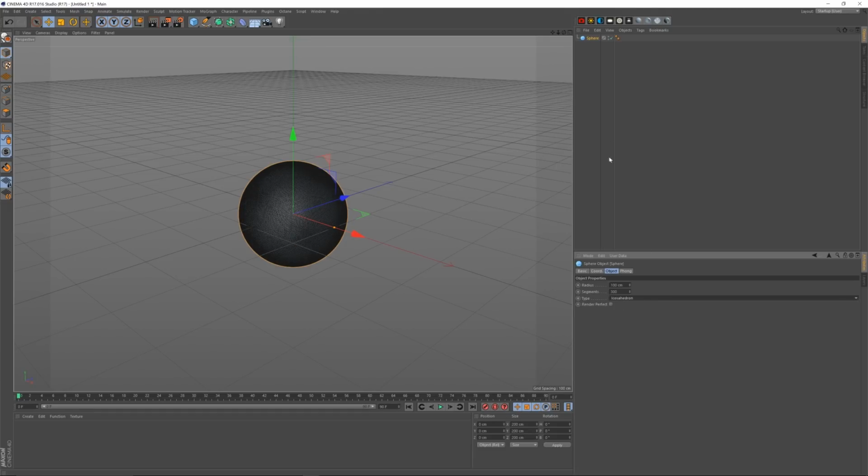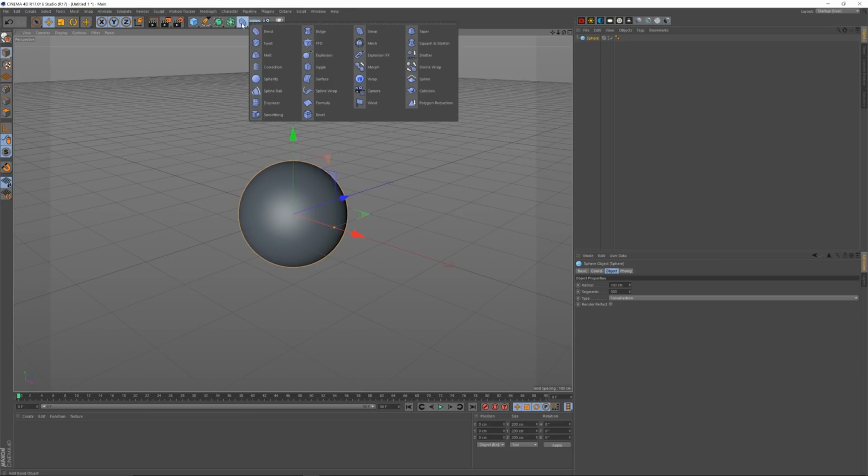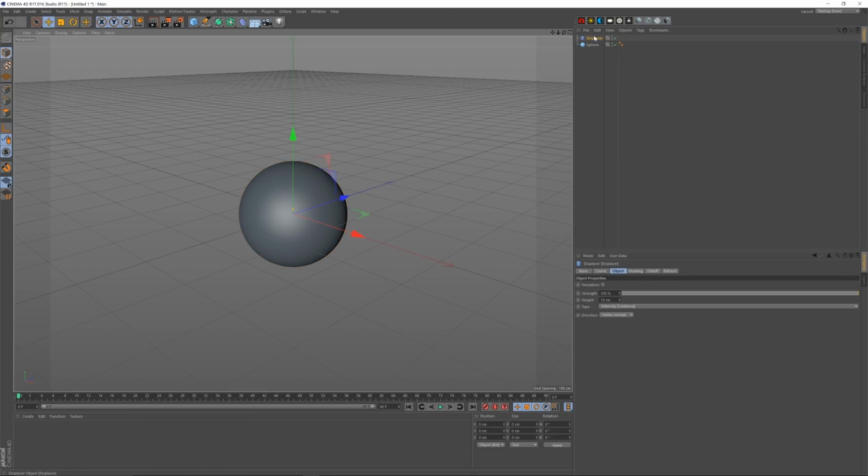icosahedron. Now I'm putting up the segments because I know that I'm going to add a displacer to it, and the more segments the sphere has, the more the displacer will affect the sphere. So let's chuck this displacer on now. Drag it underneath the sphere,